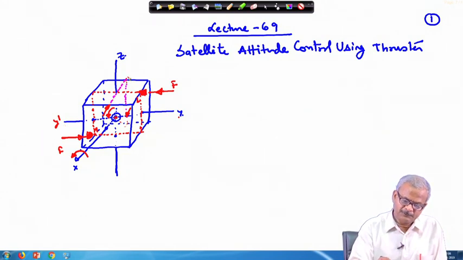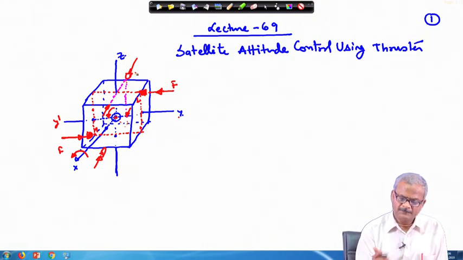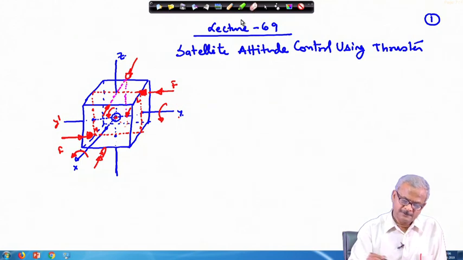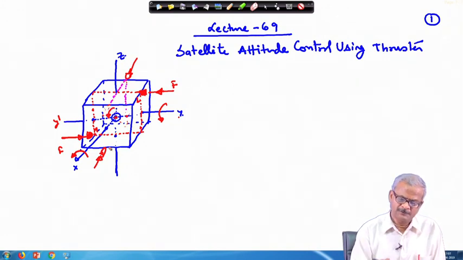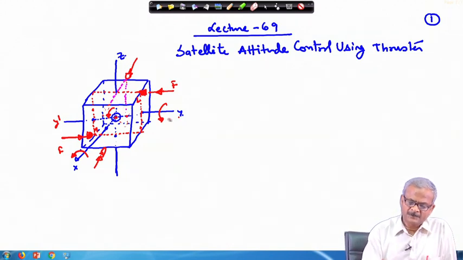On the other hand, if we put one thruster here and one thruster just below this, the thrust will be like this and this thrust will be like this. This will form a couple which will produce torque along this direction. So depending on where you locate the thruster, the torque direction will be decided. I am removing this part and keeping just these two. The same way we have to do it for the x axis, y axis and z axis.